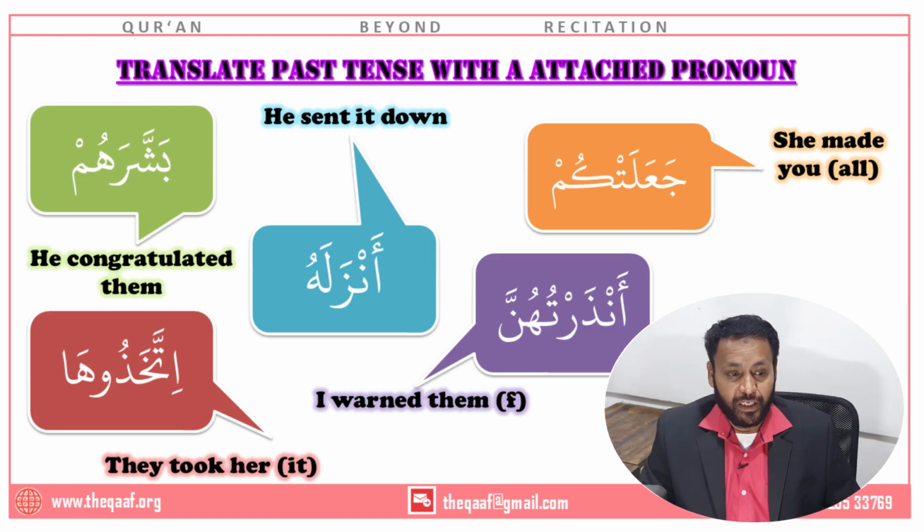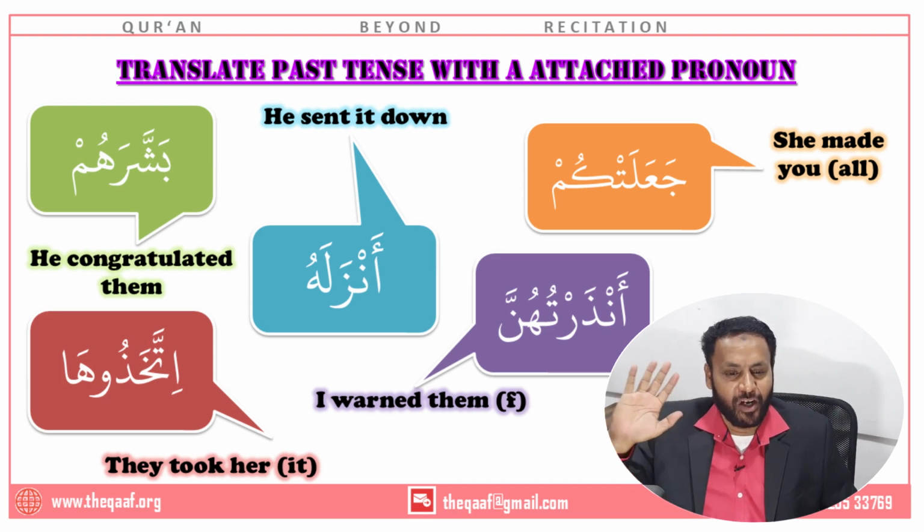Take a look at this. Ittakhazuha. Okay. Ha is the pronoun here. So what am I left with? Ittakhazu. A past tense ending in the waw. Only one. First row, third word. And the first row we know is third person and masculine. And if it is the third word, it has to be plural. So the three pieces of information I got: masculine, third person, plural. Which is that English word that can represent all these three aspects? They. That's it. I got they.